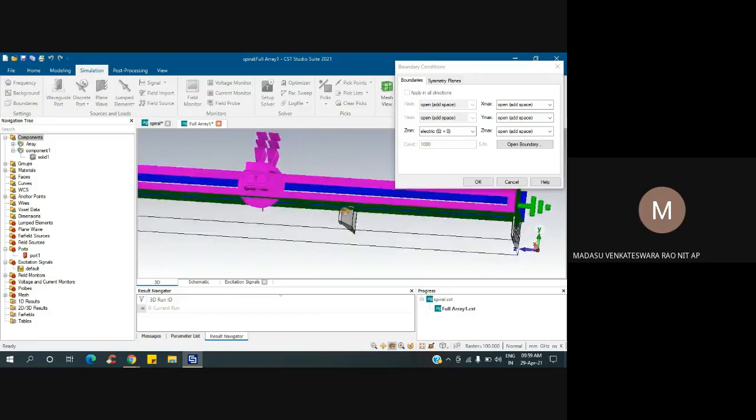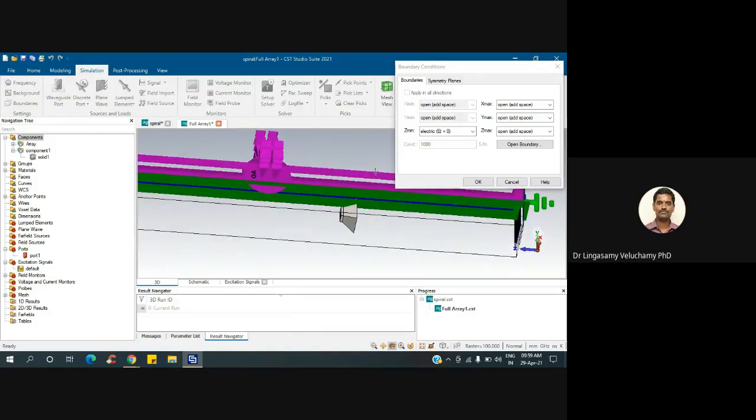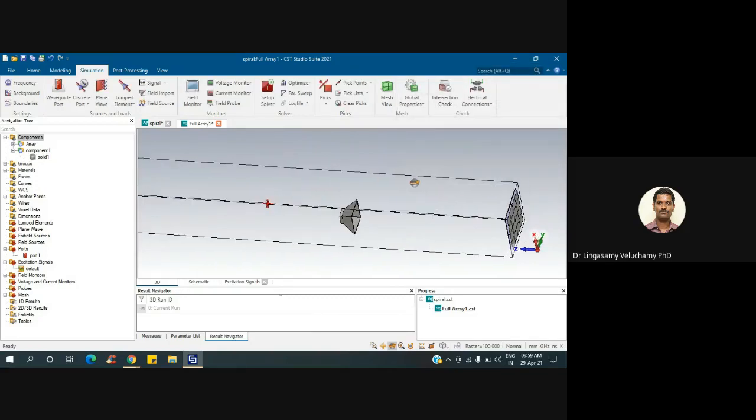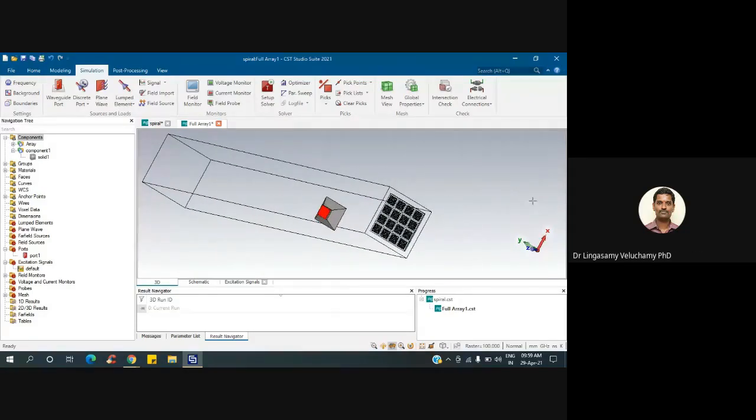It is not exactly symmetrical. If you have symmetry, then you can apply this. What it will assume is that whatever field it is getting on the above, it will consider the same in the bottom, the remaining half also. That is the principle. It is to reduce the simulation time, that's all.